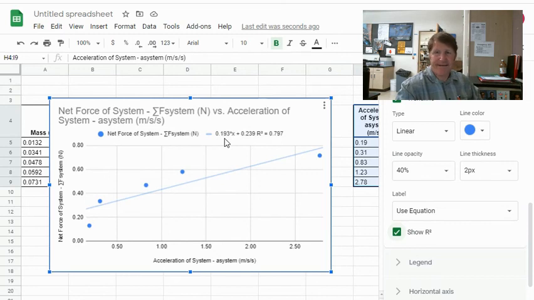Okay, and that's where we're going to end. And then just use your graph to answer the rest of the questions. Please submit this today and then move on to the